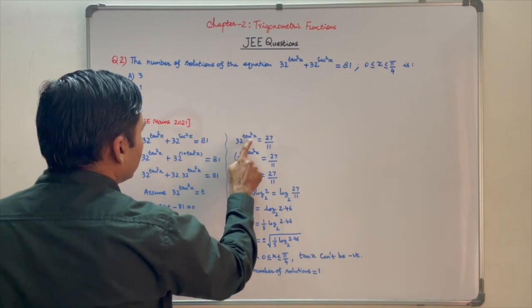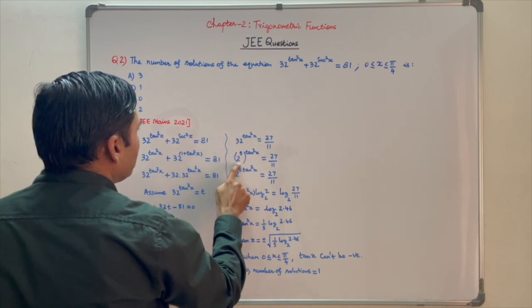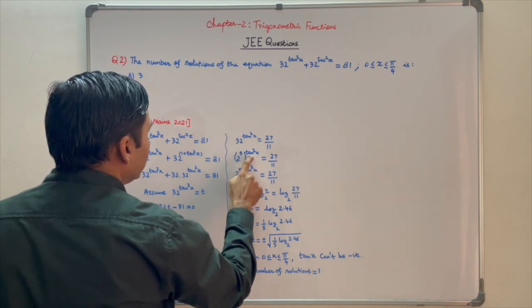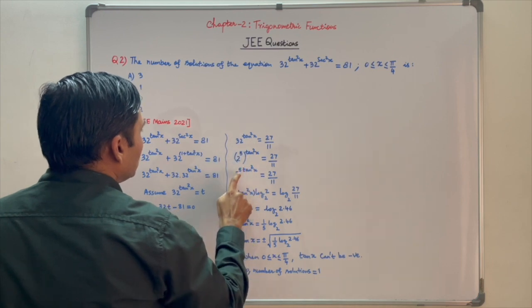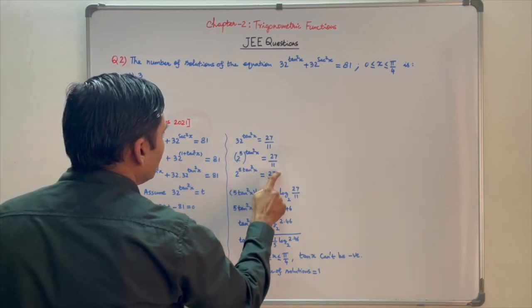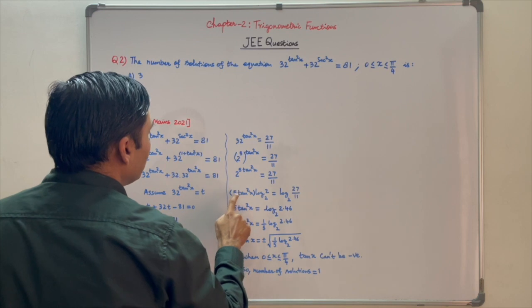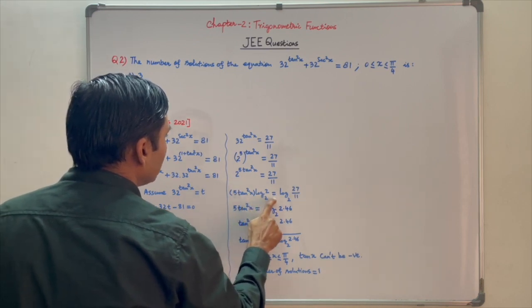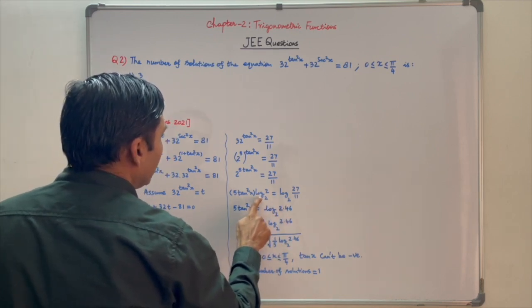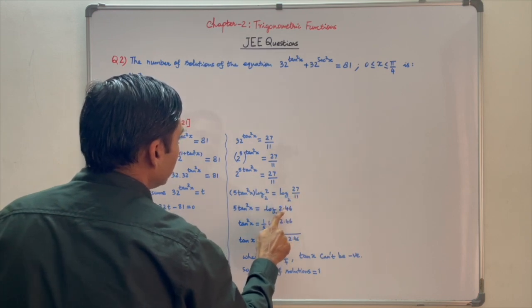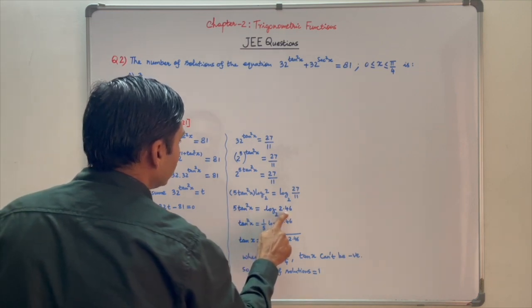It means 32 to power tan square x is equal to 27 by 11. We can write 32 as 2 to power 5. So it becomes 2 to power 5 to power tan square x is equal to 27 by 11. Powers can be multiplied. So 2 to power 5 tan square x is equal to 27 by 11. Now take log on both the sides at base 2. So it becomes 5 tan square x log 2 base 2 is equal to log 27 by 11 to the base 2. Value of log 2 base 2 is equal to 1 and value of 27 by 11 is approximately 2.46. So it becomes 5 tan square x is equal to log 2.46 to the base 2